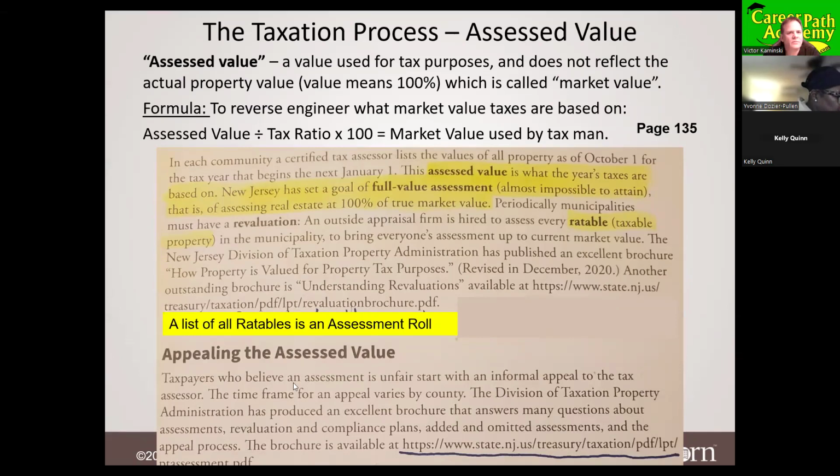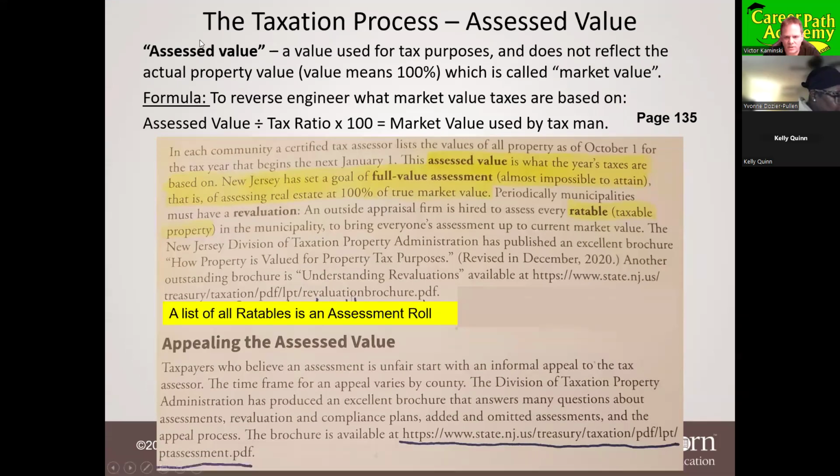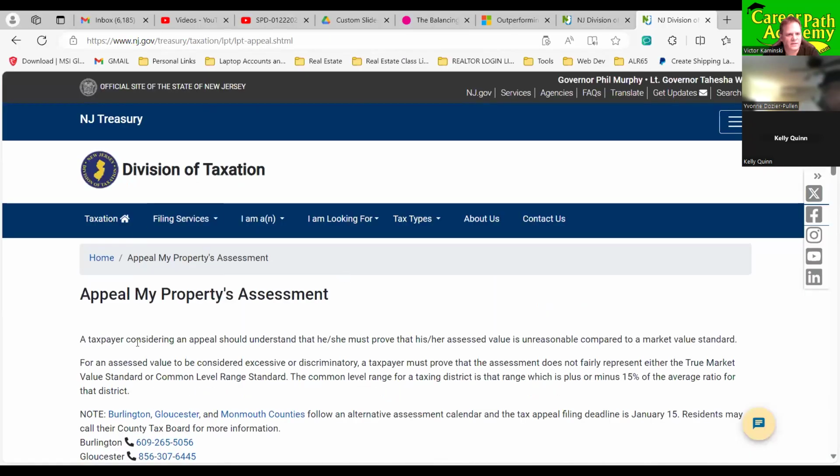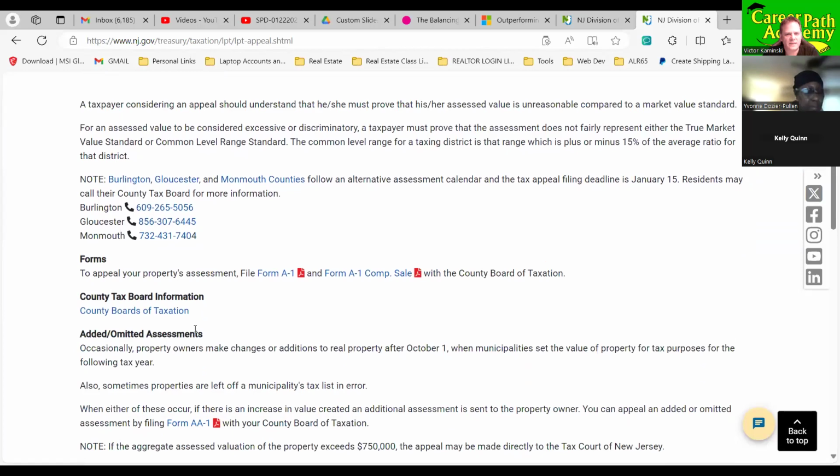Okay, so it looks like that link no longer works either. Okay, so I did find a link though for tax appeals. So I'll share that with you guys. This is the appeal my property taxes